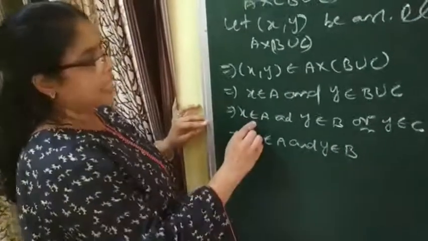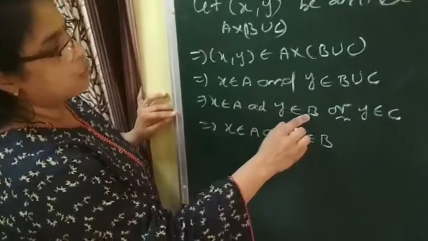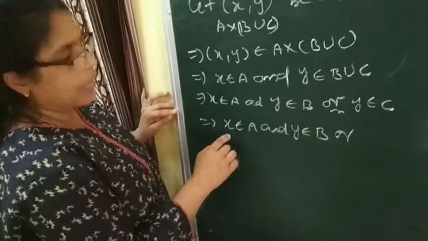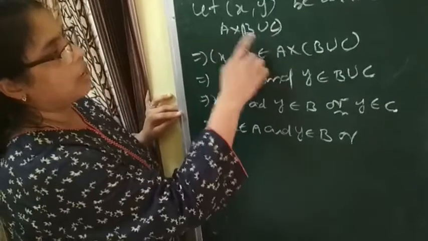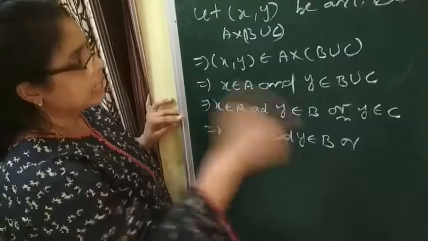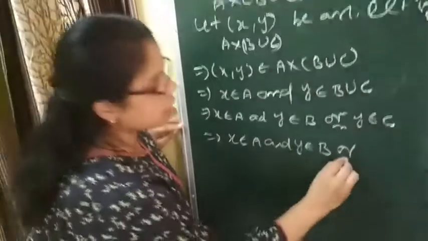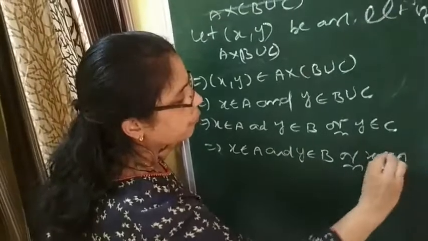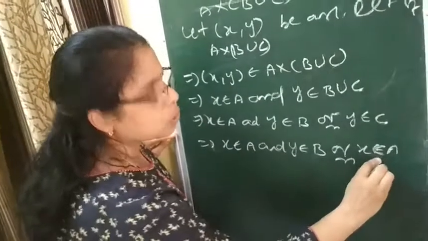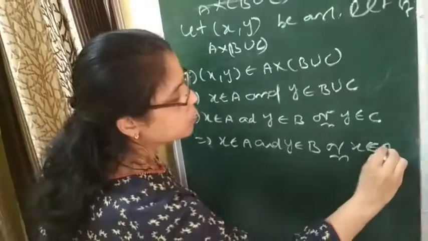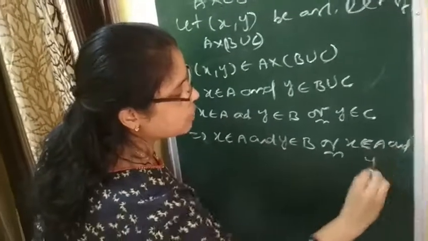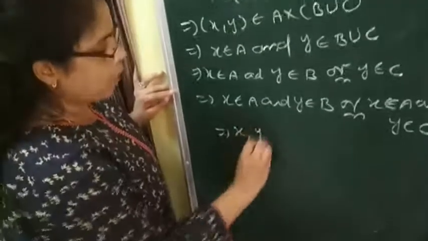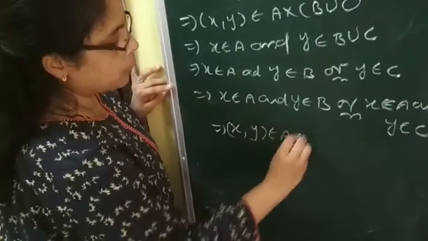See, x belongs to A and y belongs to B. So x belongs to A and y belongs to B means A into B has come, A into B we had to bring. Next, what do we have to bring? A into C. So in between there is union. Now x belongs to... you have done this in the previous chapter. x belongs to A and y belongs to C, that means xy belongs to A into B by the definition